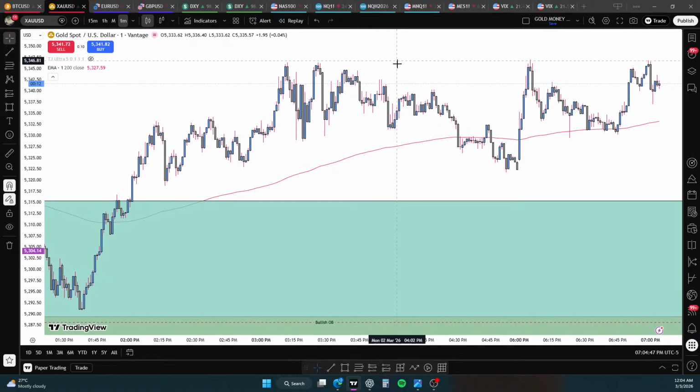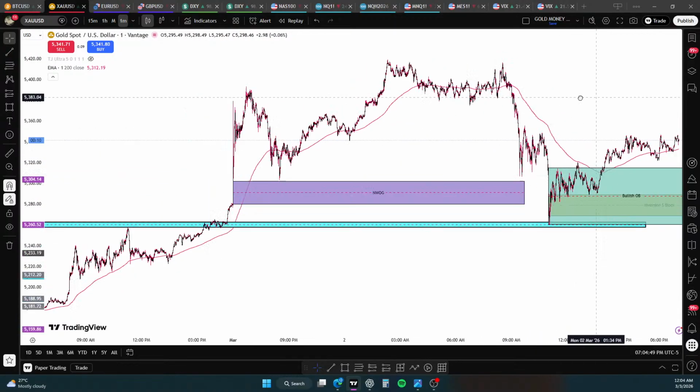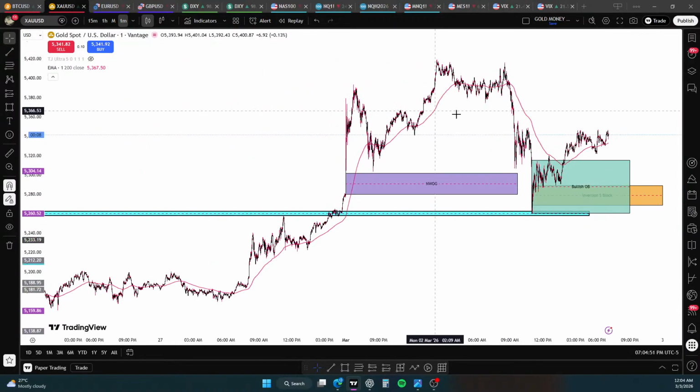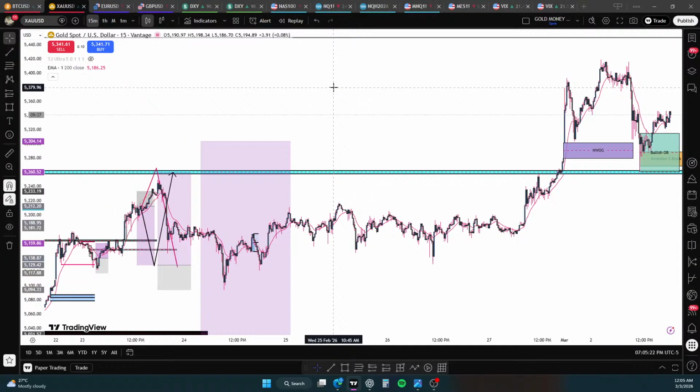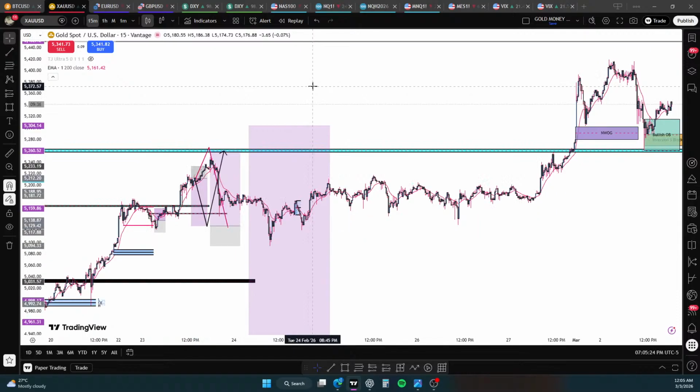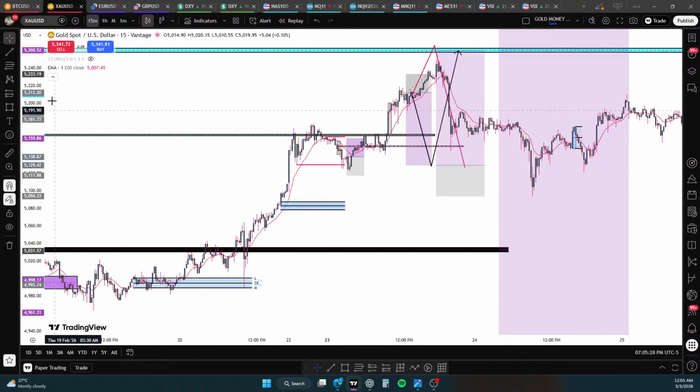But in terms of what I think is going to happen in the near future, I've only got support down here. Unless price comes lower than here, I wouldn't really anticipate price holding lower. Maybe not the interpretation I have, the level